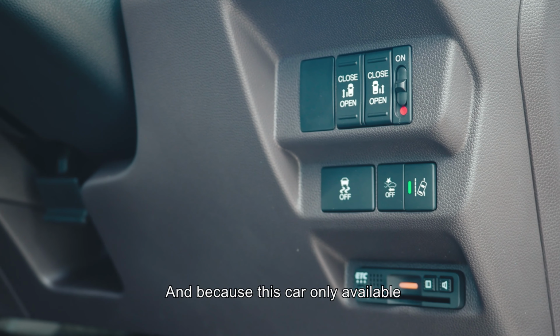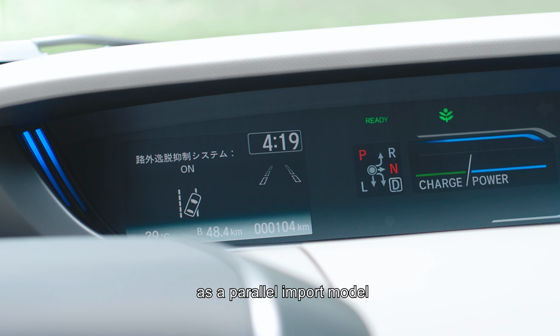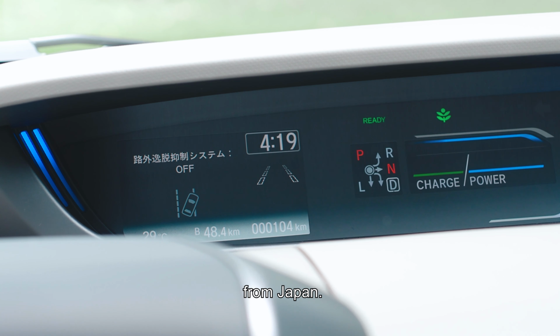And because this car is only available as a parallel import model from Japan, everything is in Japanese, which is bloody annoying. It's like me trying to order Yong Tau Fu from a PRC lady. Total chaos. The windows are really big and huge, so you can see on the outside very clearly, and everything else about this car is actually very predictable, so no surprises there, except for one important thing, which is the